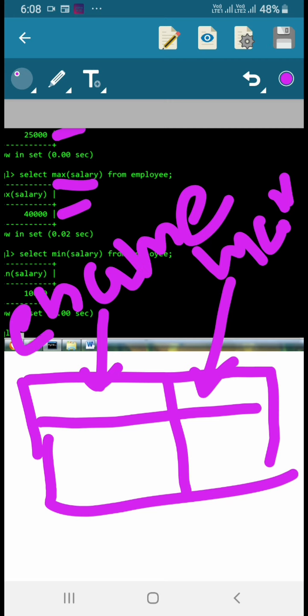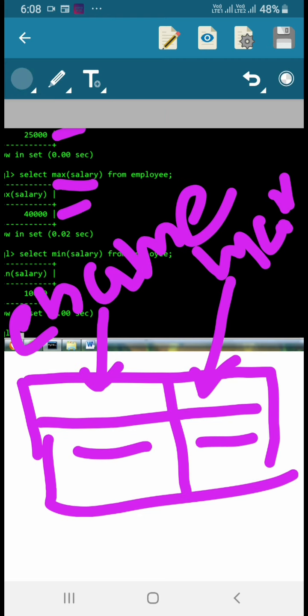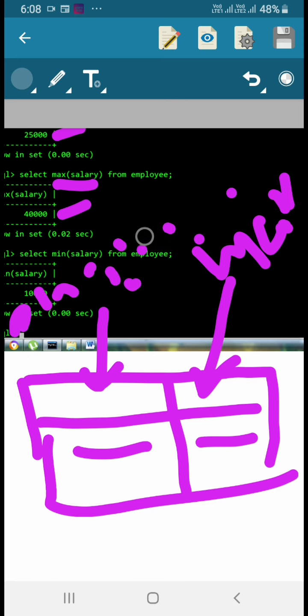Both the columns will be displayed, only one name and only one value. So these aggregate functions will act upon a column as well as a group of columns, and we get both answers at a time. This is a way we can find out who is getting maximum salary and who is getting minimum salary, students.